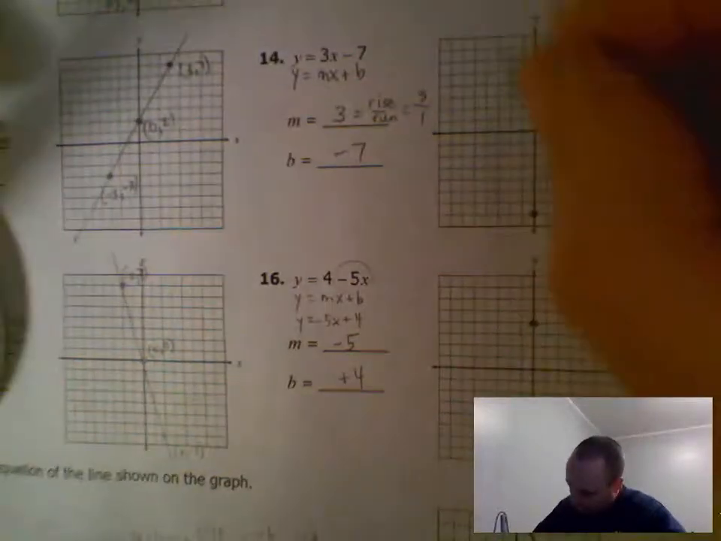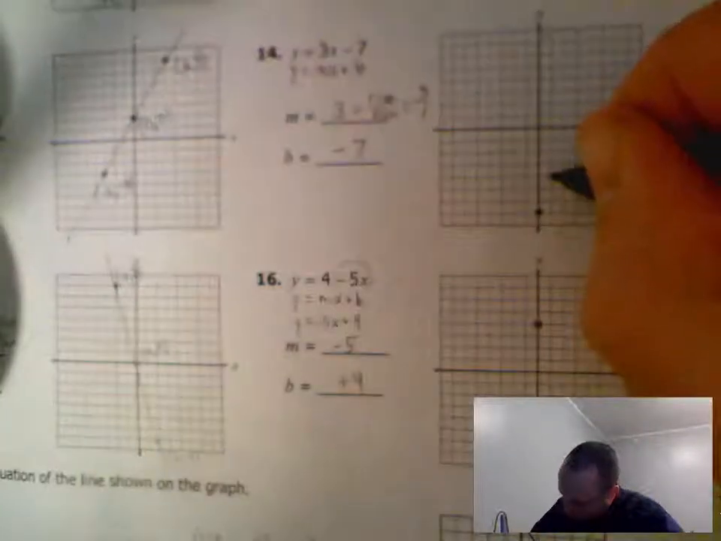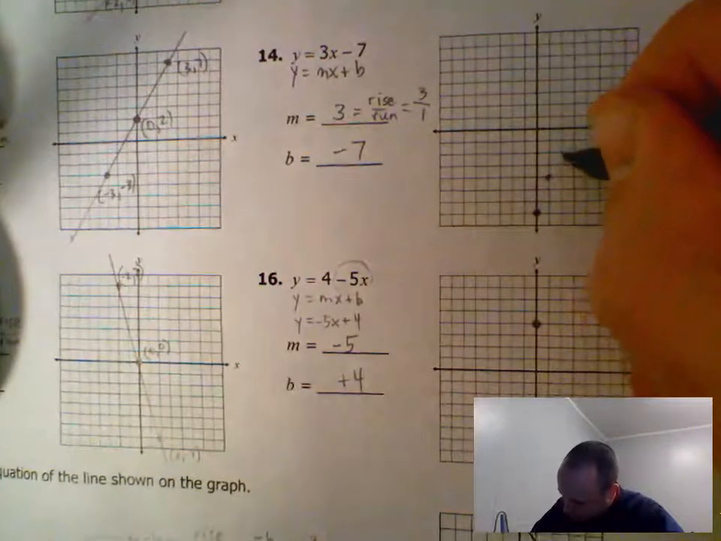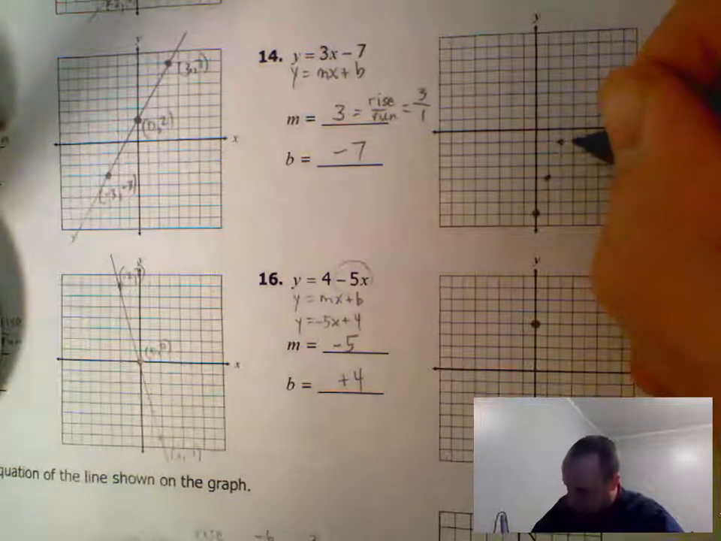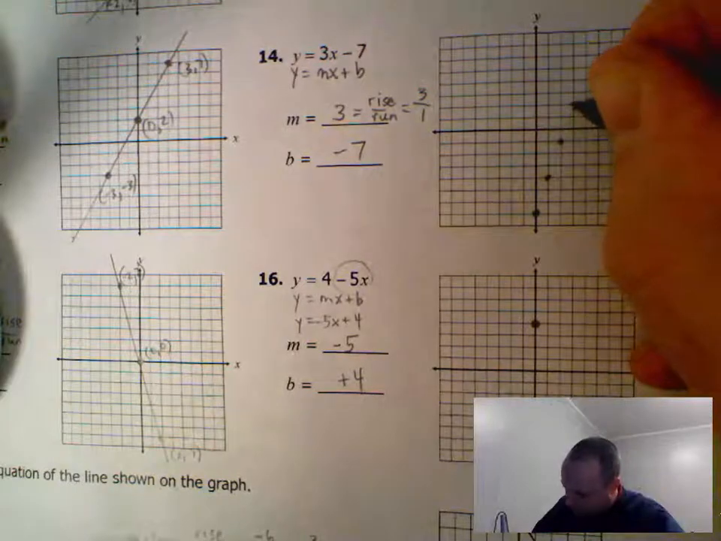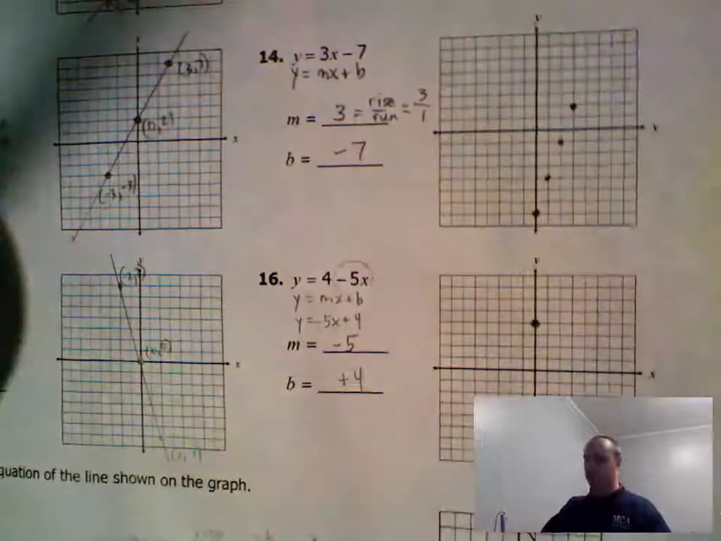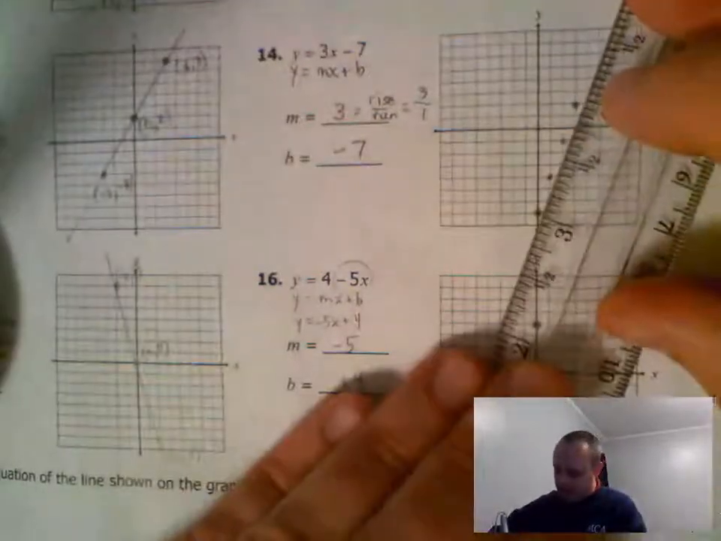So I run 1, I rise 1, 2, 3. I run 1, I rise 1, 2, 3. I run 1, I rise 1, 2, 3. And I keep going in that ratio, okay? Now, obviously, in this case,